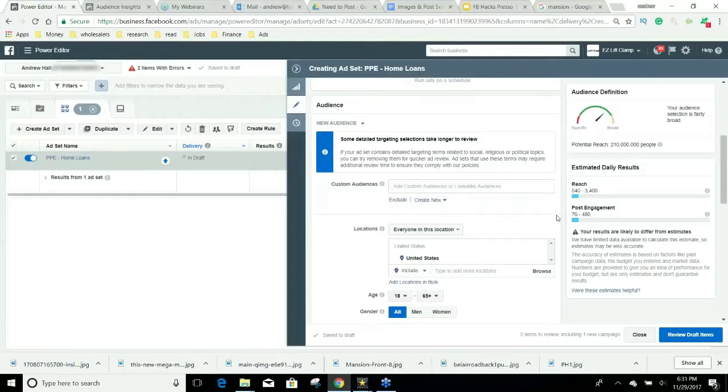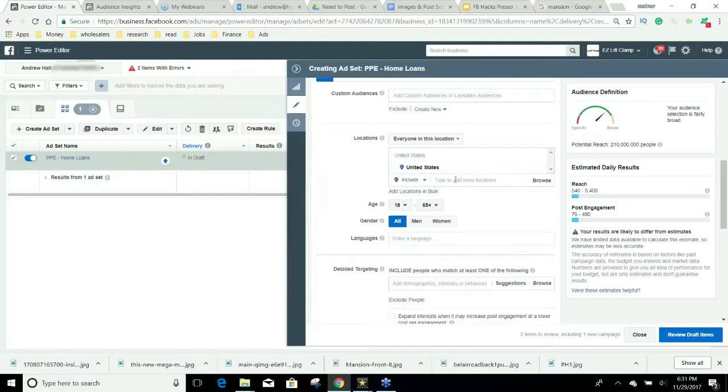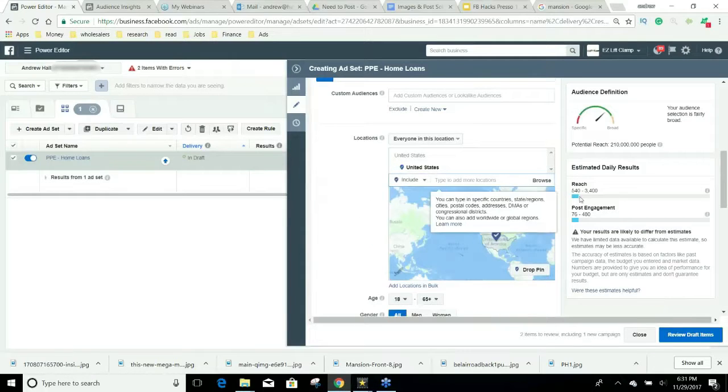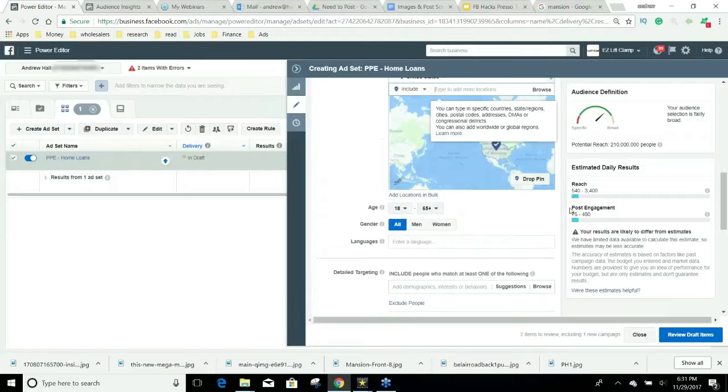And maybe it's by state. Maybe you're in a specific state and you only can do loans there. We're just going to do the U.S. for a simple example right now. And all you have to do is put in California or Texas or whatever you want. Okay, so